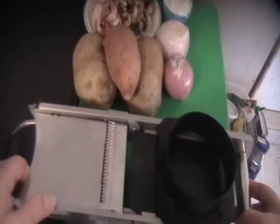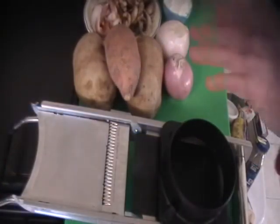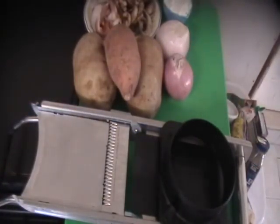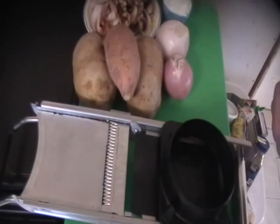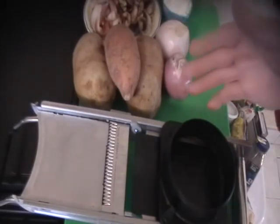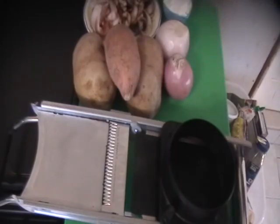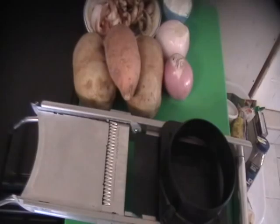Now, it's not that I'm lazy, but what I'm going to do today is not peel the potatoes. Why? I haven't made this recipe before. I want to see if it really matters that the potatoes be peeled or not. So I was going to peel them, but this is a test for me. And after all is said and done, I'll let you know if it really matters. But it might matter to some people because they don't want to see maybe the color of the skin in the dish. Well, it's going to be cooked in a